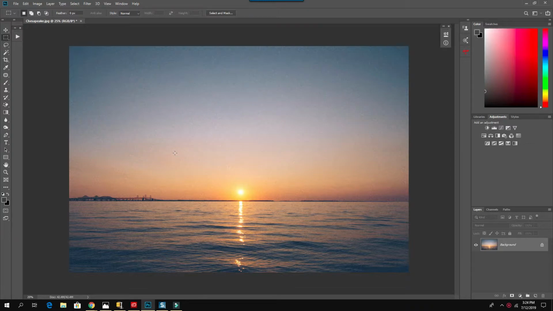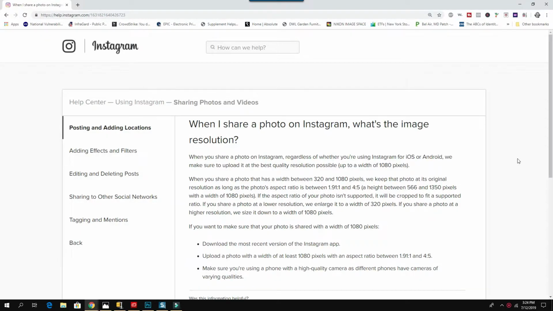So in terms of our specifications for Instagram, this is what we're looking at. Basically, in a nutshell, it has to have a width of between 320 and 1080. For the sake of this video, I'm going to stay focused on the 1080 because that's the maximum amount. And usually when we are posting images to Instagram, we are looking to maximize the image as much as we can. So I'm going to focus on the 1080, and so that's the pixels in terms of